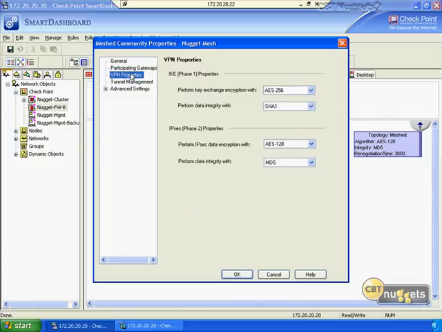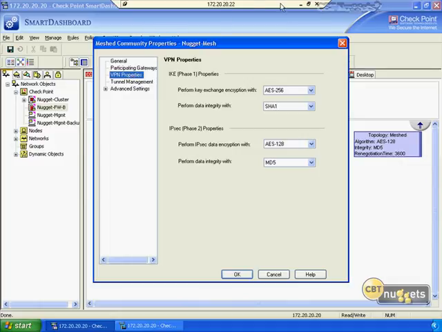We'll go into our VPN properties. And what do we see here? We see our IKE Phase 1 and our IPsec Phase 2. If you remember from our previous Nugget where we discussed what goes into building a VPN, this is what it takes. We could have a two-phase authentication process where we're going to be able to do our IKE Phase 1, establish an SA there, do our IKE Phase 2, get our SA information there,